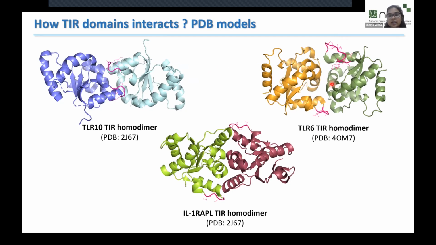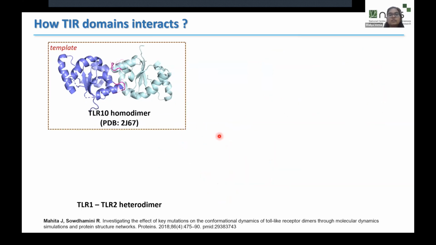The other TIR-containing protein is the interleukin receptor protein. So they also have a BB loop in their structure and 2 TIRs, which constitute the dimer formation. But in this interaction, the BB loops are seen to be far apart from each other. So to look at how these TIR domains interact in the case of toll-like receptors, this is work from the